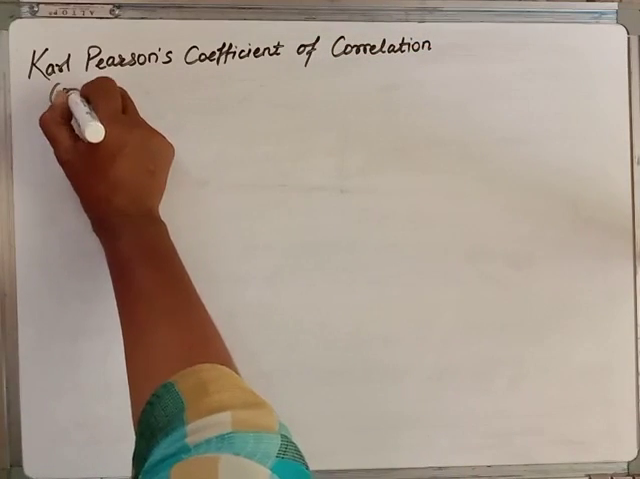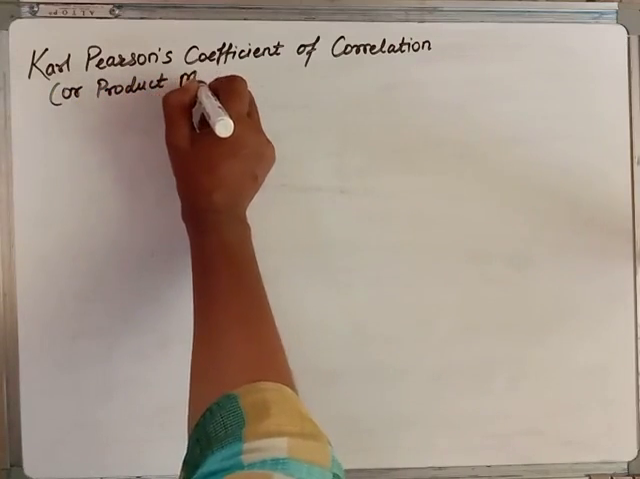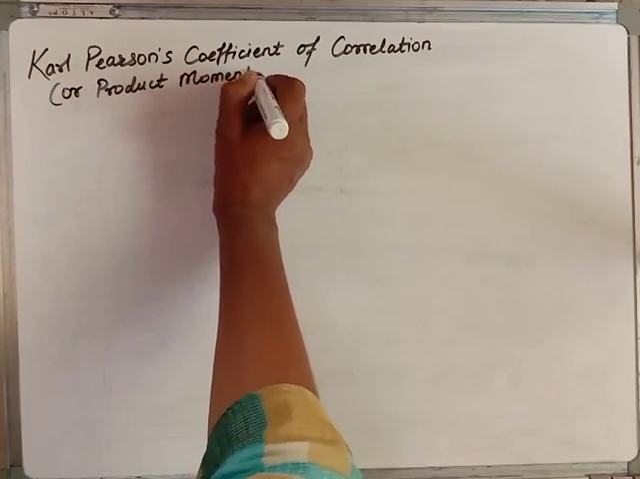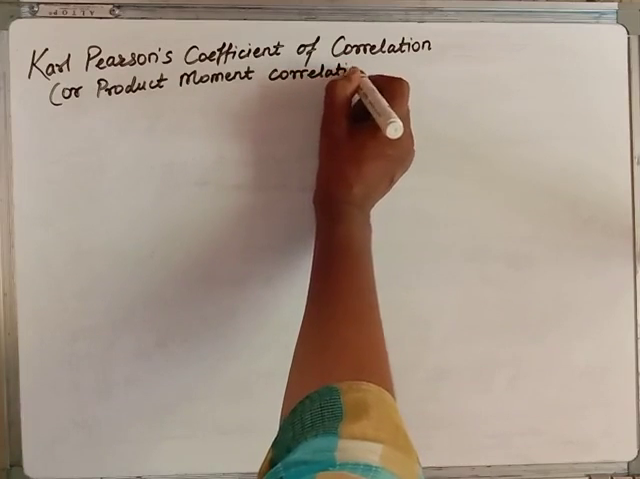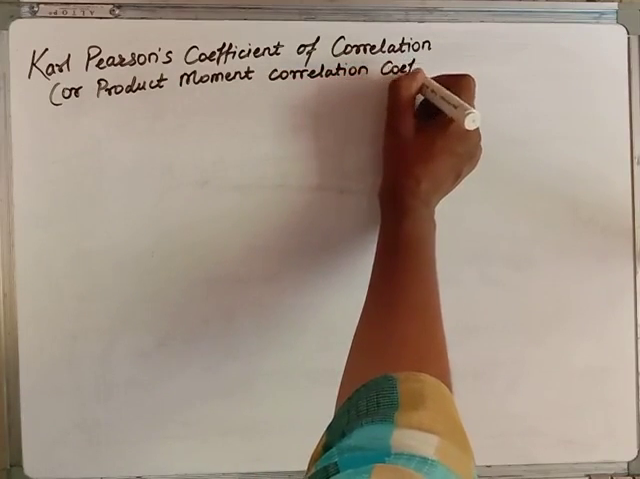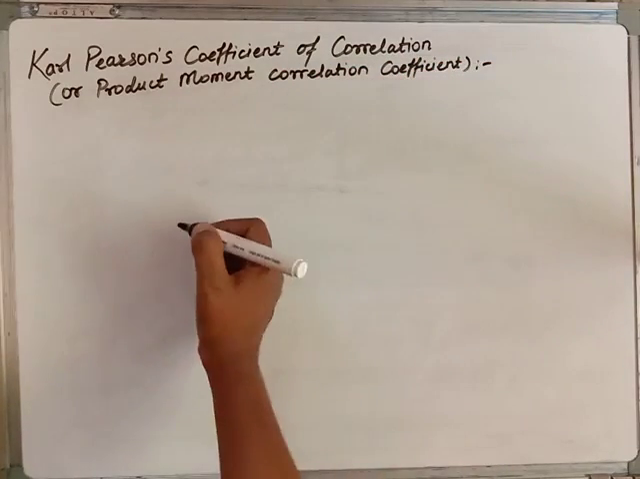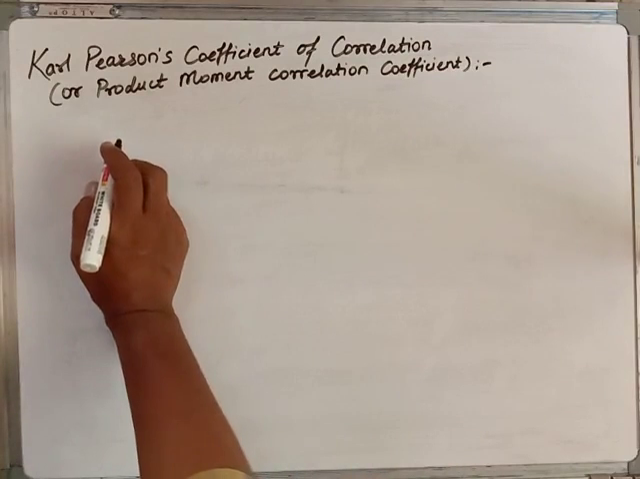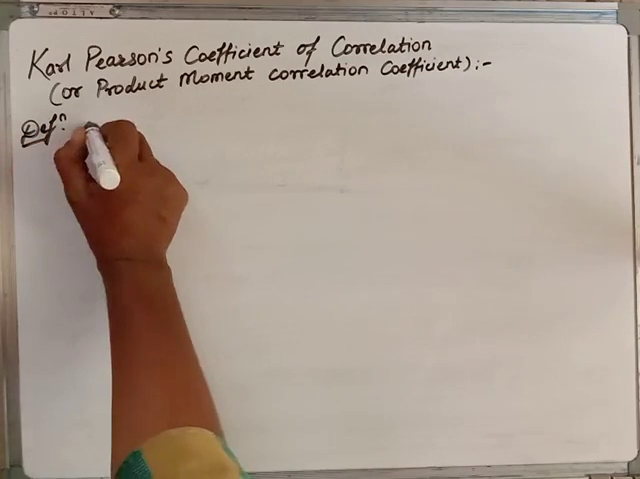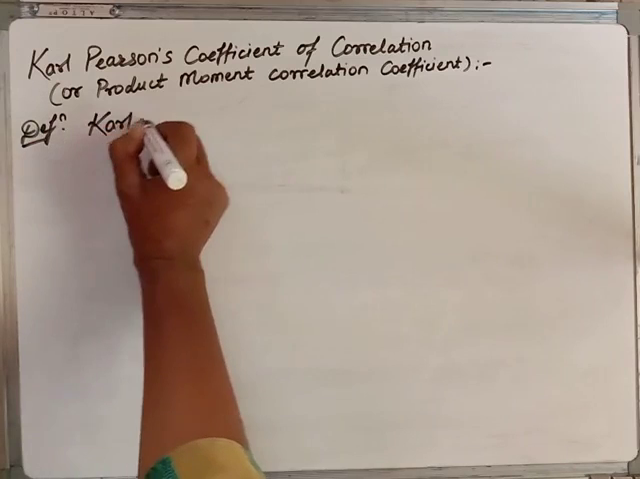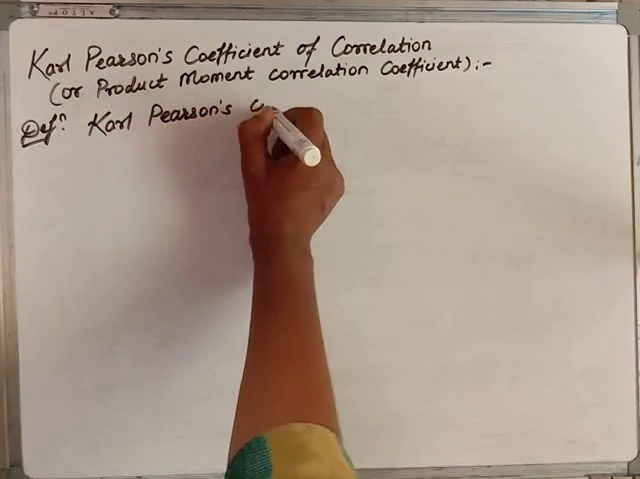Or it is also called the product moment correlation coefficient. It is a numerical measure of correlation, or the correlation definition. Karl Pearson's correlation coefficient